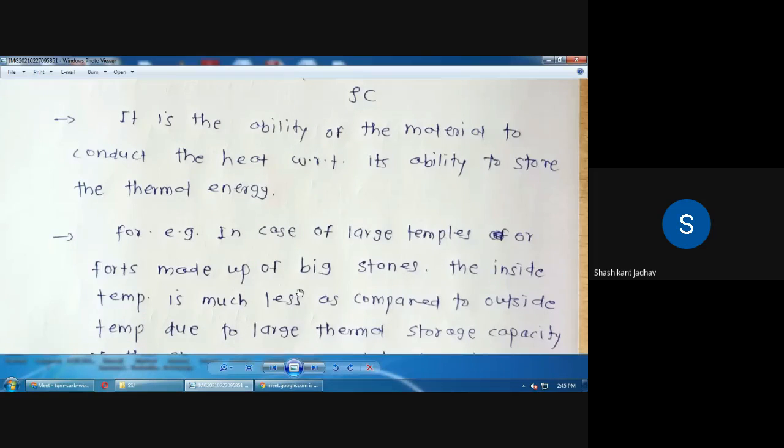बिकॉज टेम्पल्स ॲट द आउटर साइड देअर शुड बी हायर टेम्परेचर. सो इन द टेम्पल्स अँड इन द फोर्ट्स द टेम्परेचर इज लेस. व्हॉट इज द रिझन बिहाइंड दिस? व्हॉट एव्हर द हीट कंडक्टेड फ्रॉम द outer region to the inside region that is less. म्हणजे थर्मल कंडक्टिव्हिटी कमी पाहिजे स्टोनची जेणेकरून बाहेरचं टेम्परेचर जास्त जरी असलं तर आतमध्ये हीट ट्रान्सफर होणार नाही.